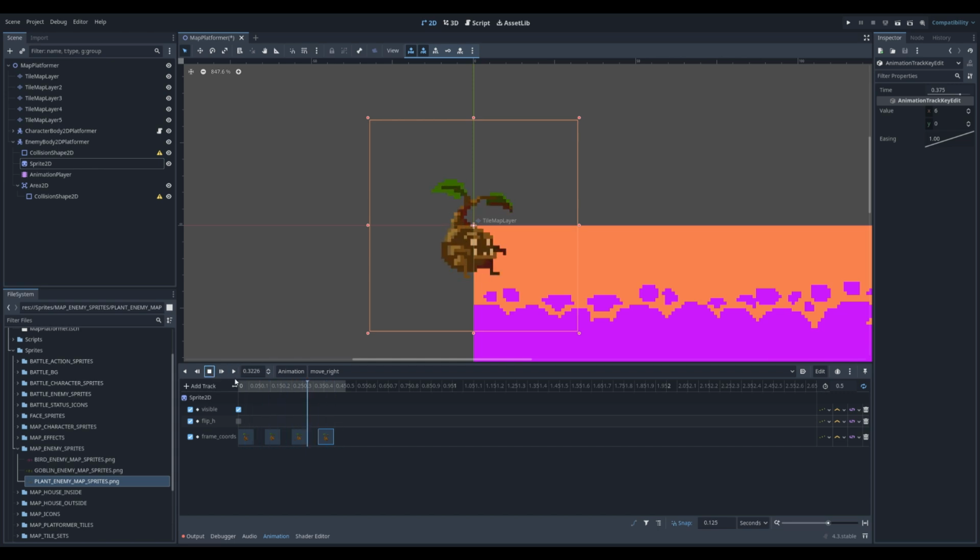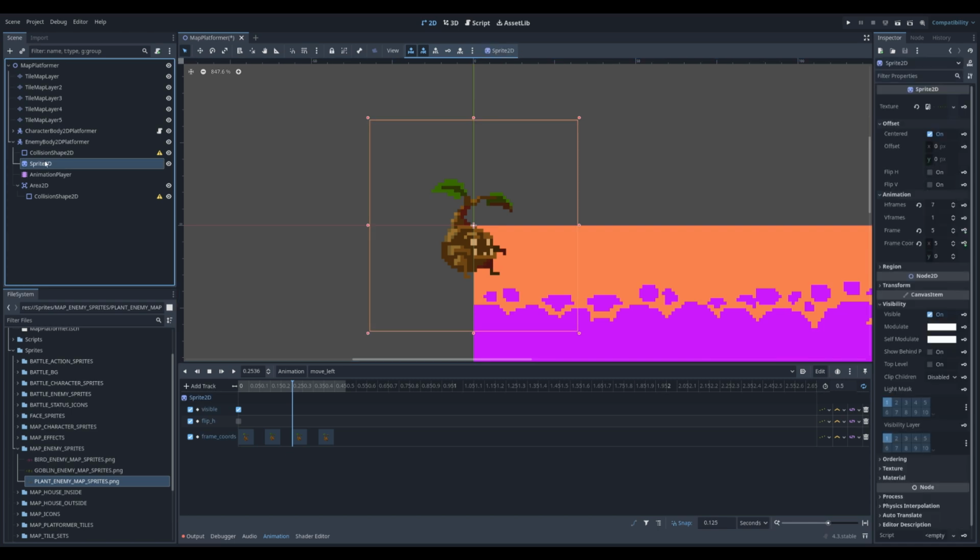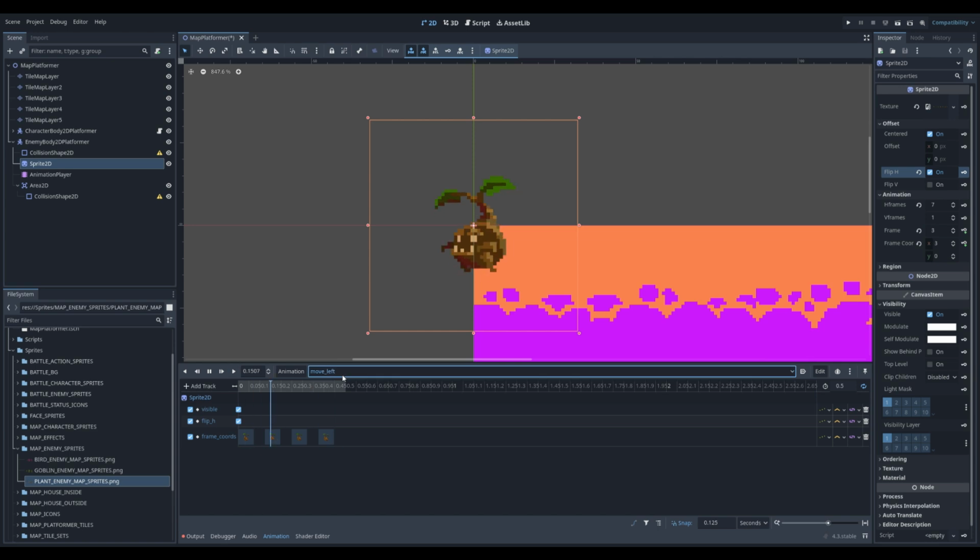I'm going to hit pause. Loop is good. Animation, duplicate, move underscore left. Okay, play it again. I know what I forgot. That's pretty embarrassing. So I'll click on the sprite over here on the scene tree, and I'm going to go to flip H on at the 0 mark. And we're good. So animation left loop, 1 second, chasing to the left,